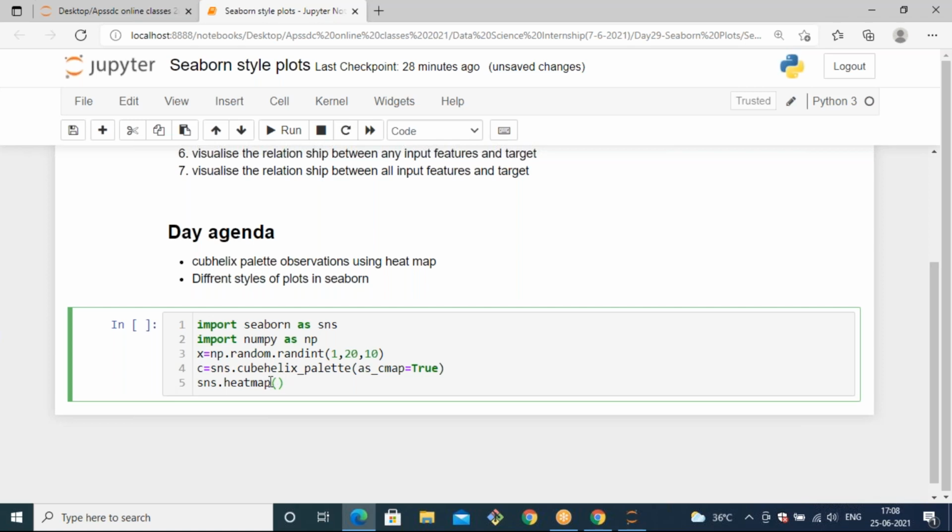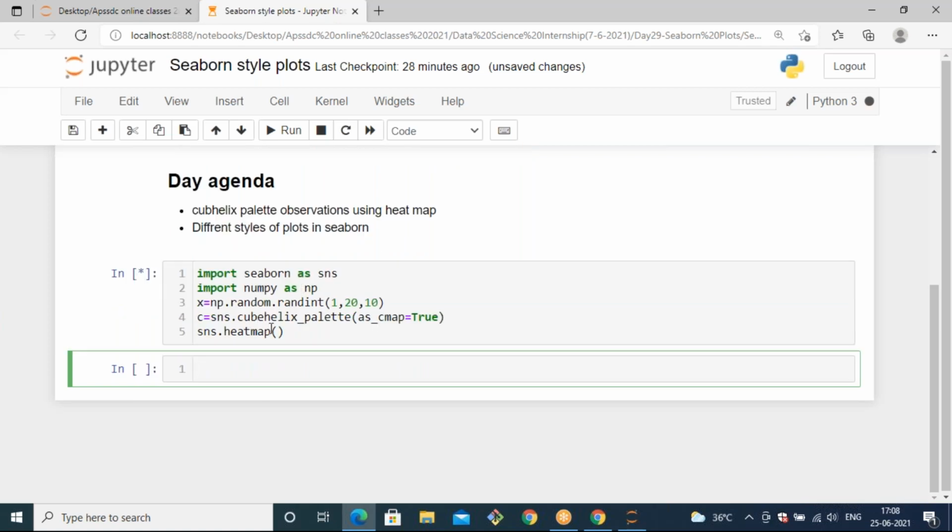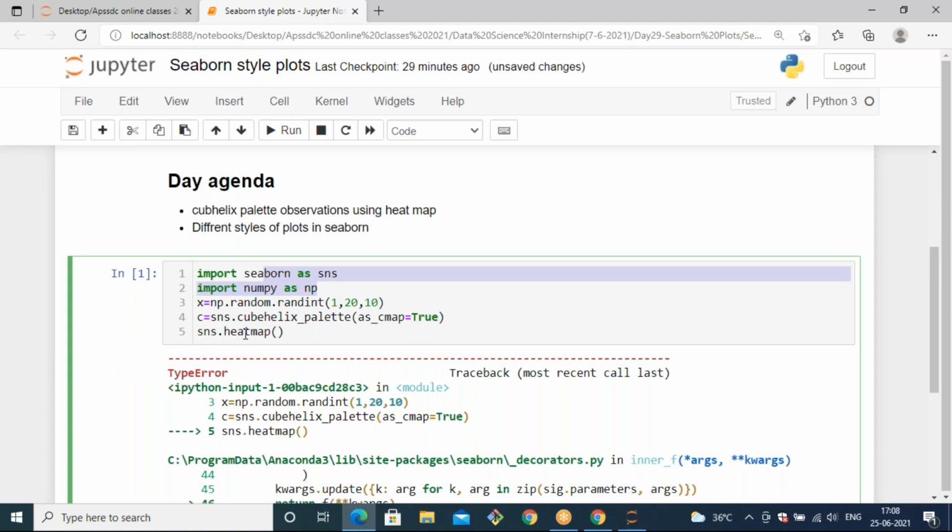You can press shift tab after importing sns and running the cell to get the signature window. It will take the attributes as data at the initial position. So we are generating the data with respect to the X variable, and you can pass it over here.